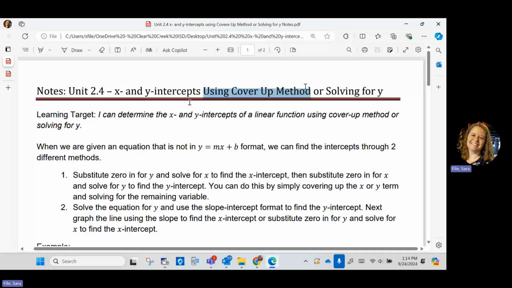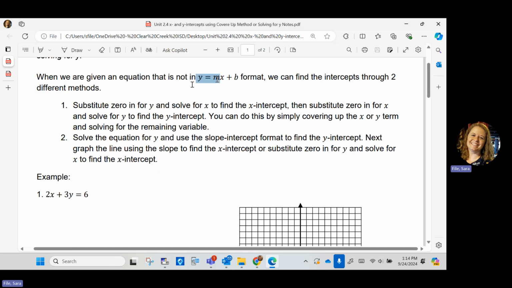In this notes packet, we're going to be talking about x and y intercepts using what's called the cover-up method or solving. So we want to be able to find intercepts, x and y. In section 2.3, our equations were in slope-intercept form, where we could see the slope and